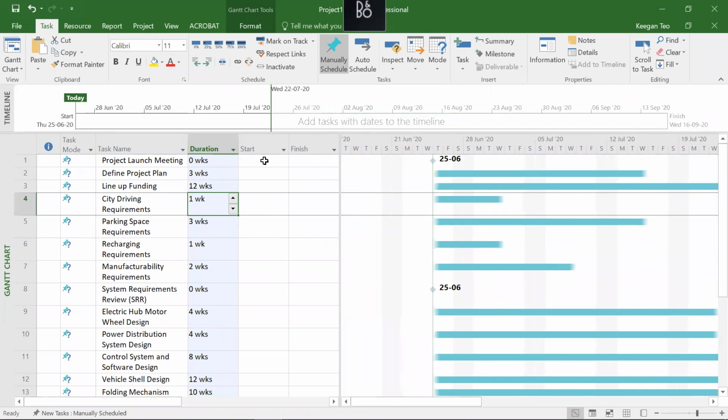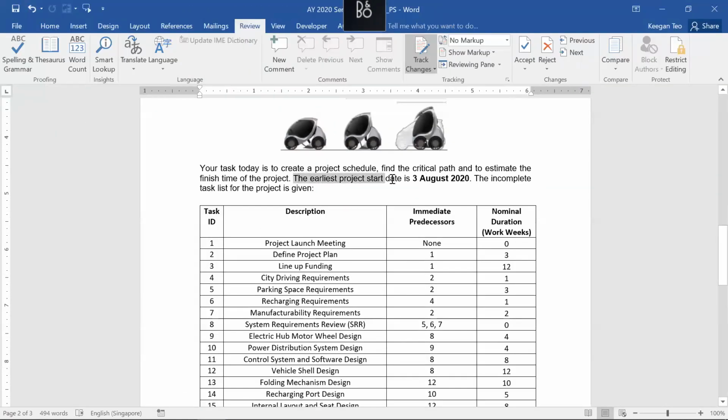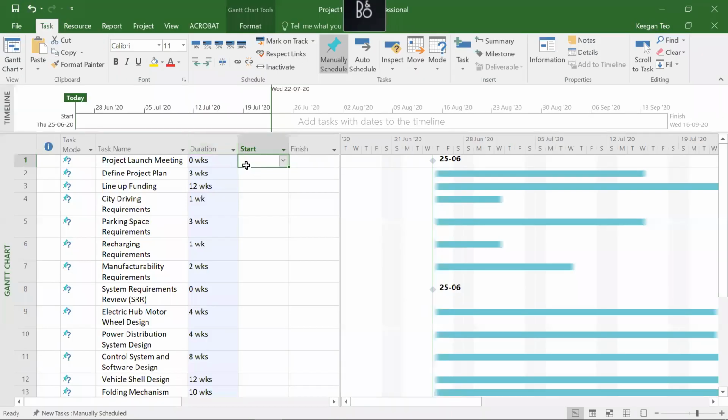So now the next thing you want to do is to key in the start date of the project. If you look at your problem statement, the earliest project start date, the earliest you can start, is 3rd of August. So typically for a project, we start with the first task, so we are going to key in 3rd of August over here, task number 1. So press enter. And because it's 0 weeks or 0 days, it's going to start and end on the same day over here. So the schedule mode will be manually scheduled for the first task,